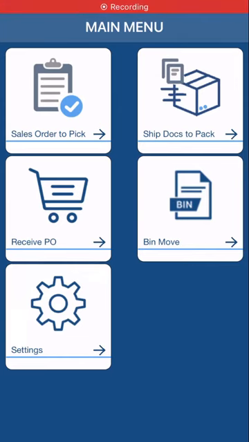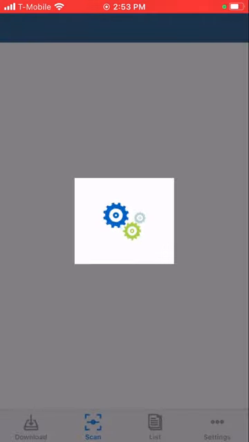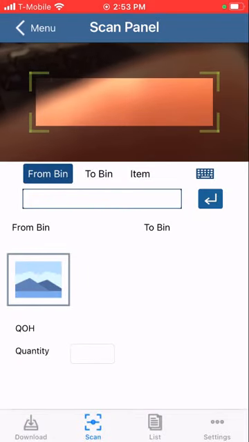In this demo, I will show you how to do a bin move within OrderTime Mobile. So go ahead and launch OrderTime Mobile, click on bin move. After a few seconds, you'll see the screen pop up, and the first thing that you need to scan in